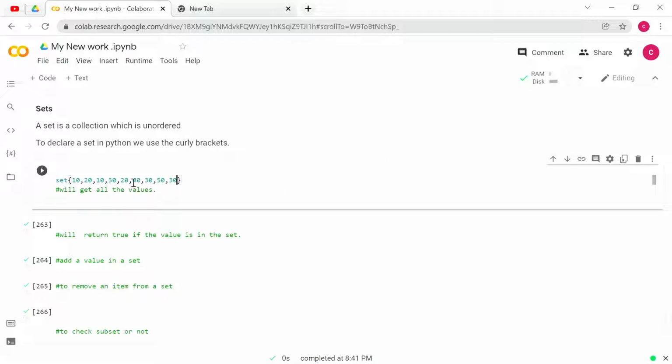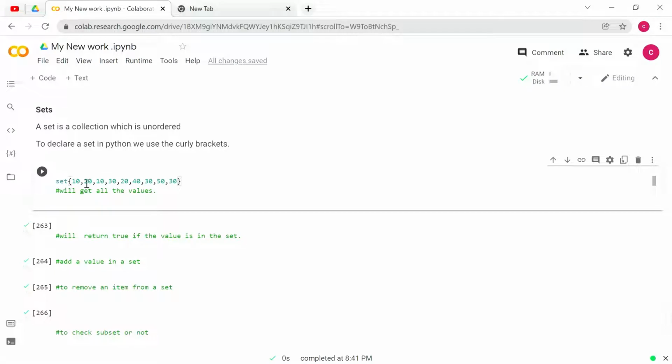Here I have used the same list I have formed just before in set also. So here first we have created the set. So here first we need to get all the values inside the set we created.